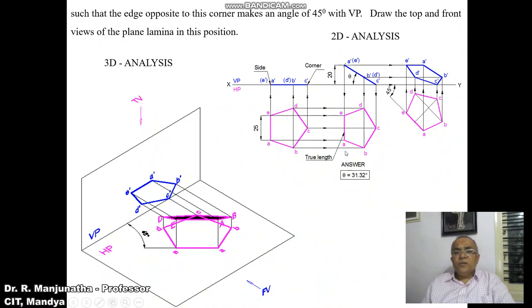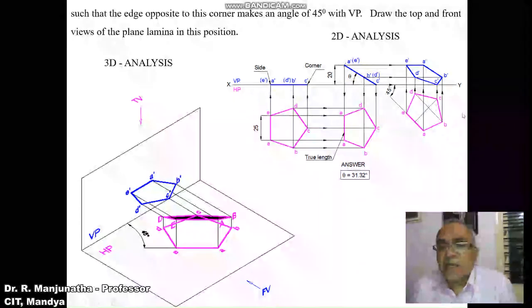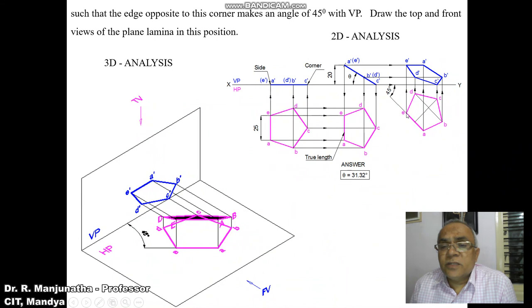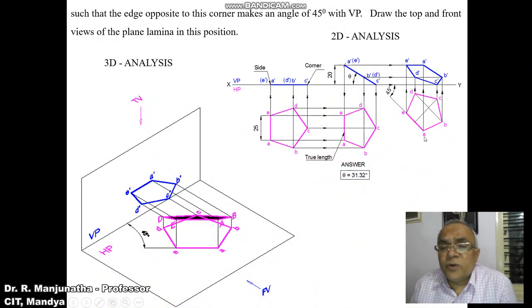So you reorient the second position top view by rotating at an angle of 45 degrees such that the 45 degrees will be near to the observer. Here, first what we need to do is consider any point and draw a horizontal line. Then by using the protractor, you mark this point as E. You measure with respect to the horizontal line this inclined line at 45 degrees, and then you measure the length from E to A by using the compass with E as center in the third position top view. Cut an arc on this, so you are going to get this point A.